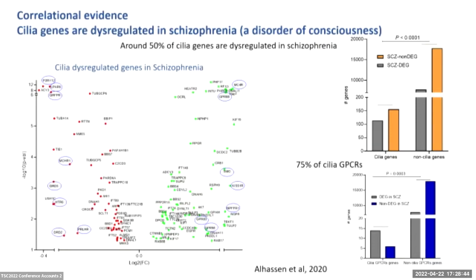And we know that G protein coupled receptors are a target for a lot of treatments in psychiatric disorders, particularly in schizophrenia, for example, dopamine receptors. We see that indeed dopamine receptor 5 and dopamine receptor 2, which are proven to exist also in cilia, besides the cell membrane, are dysregulated in schizophrenia. So this is only correlational evidence showing that there might be a link between cilia dysfunction and mental